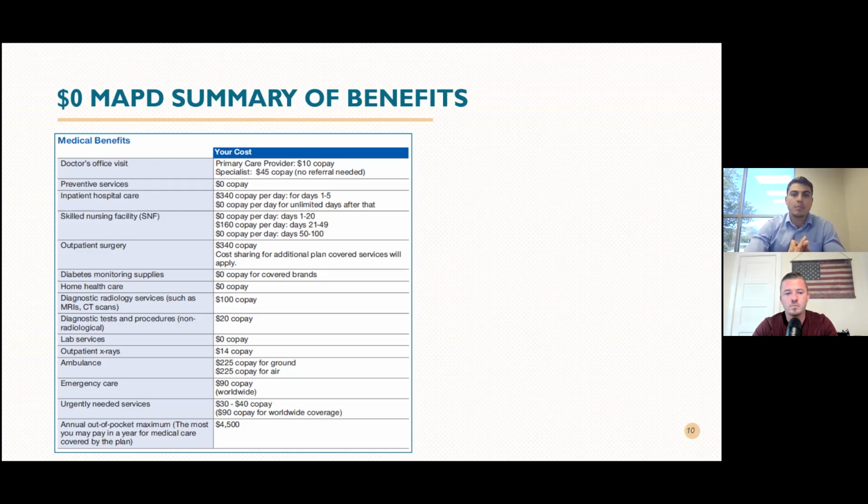$10 copay to see your PCP, $45 copay to see a specialist. Nowadays, we're looking at $0 on PCP visits, maybe $25, $35 to see a specialist. Not a lot. Then what I like to do, and you almost laugh at me for doing this, but I like to lead with a negative here. I like to say,